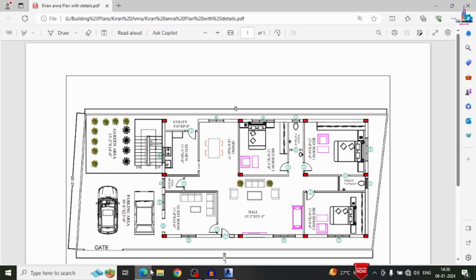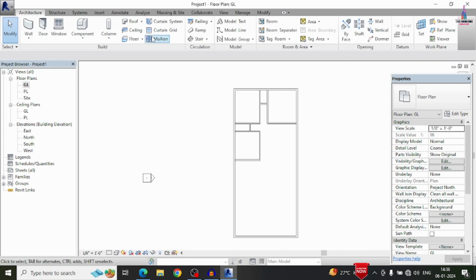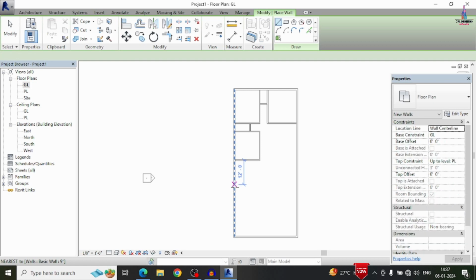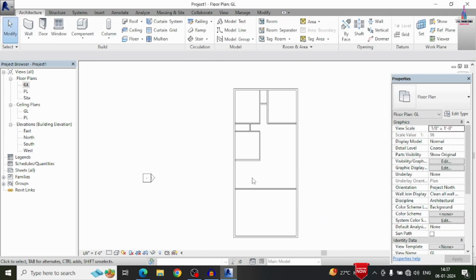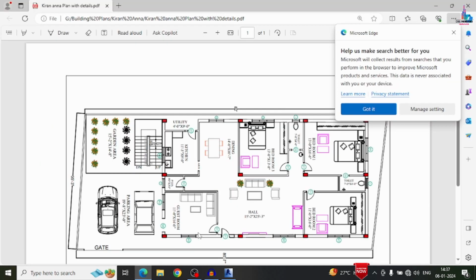Okay. So now again in the same process we have to draw this kitchen area. Before that we will start drawing this particular location. We will draw the kitchen area based on the dimensions. So here the horizontal dimension is 14 feet and the vertical dimension is 10 feet 7 inches. For that, I am drawing the architectural wall of approximately 14 feet 0 inches like this. Okay. So this is the hall area, this is the dining area. Now we will draw the kitchen area as well as this particular guest room area.